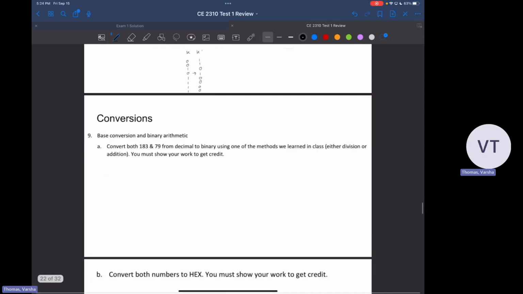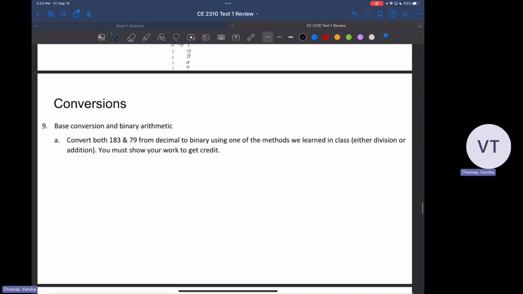Okay, next one is conversions. Base conversion between decimal and binary. In this case, I'm just going to work 183 for both to save time. So we have 183 in decimal and it's telling us to put it into binary using one of the methods learned, division or addition. We're going to do both real quick, just whichever one you prefer. First, division. So you have